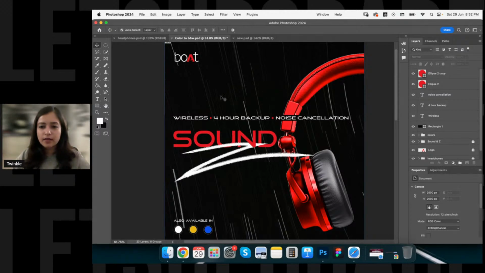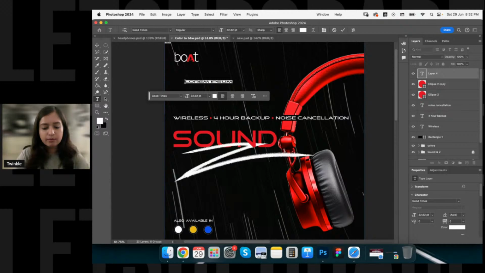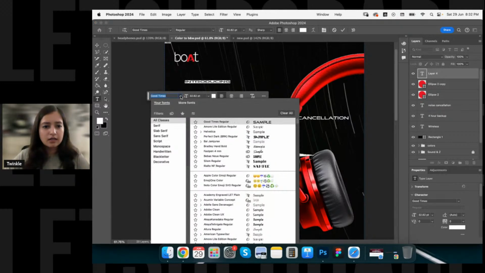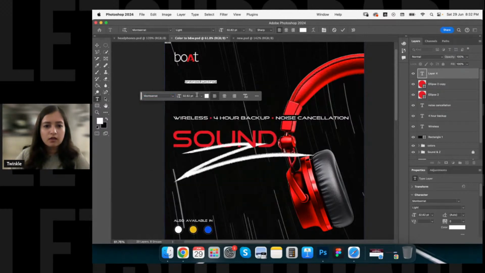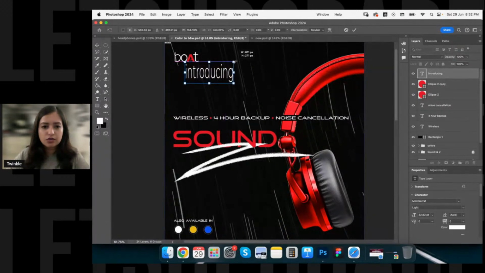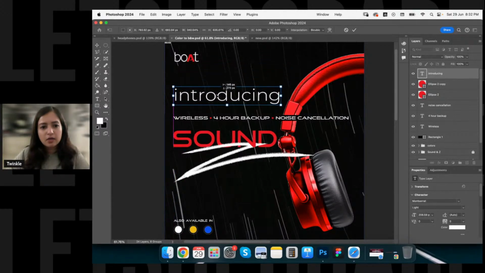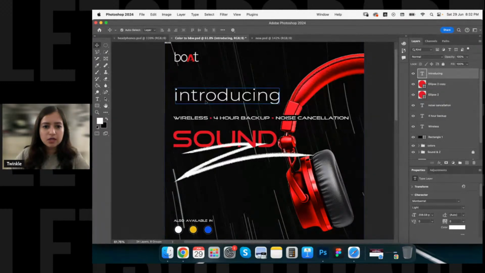Okay, let's just try one thing I was thinking. I like the word introducing, so maybe I can just, you know, minimally put it somewhere. So, introducing. I think I would want to use a different font for this now. Maybe Montserrat Light. Let's see how this looks. I'm going to just increase the size. Maybe play around with the opacity as well, along with the size, because